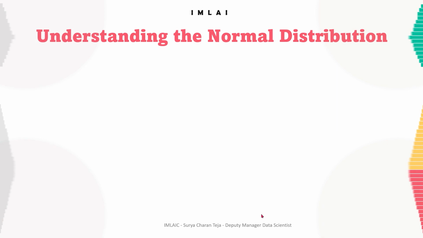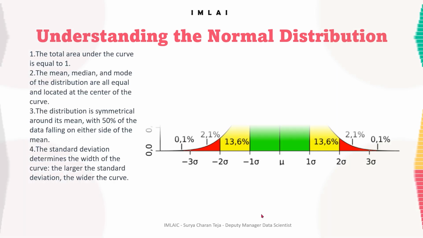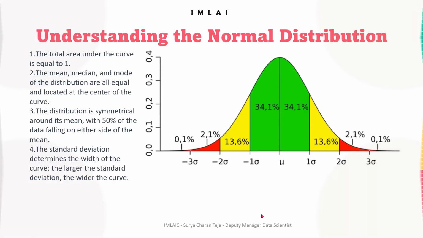But before we understand what a normal distribution is, I just want to explain the historical aspect of it also. So just listen to me for a few seconds, then we will get into the actual understanding. The normal distribution, also known as the Gaussian distribution, was not discovered, basically it was invented. It emerged as a mathematical concept that could explain and model many